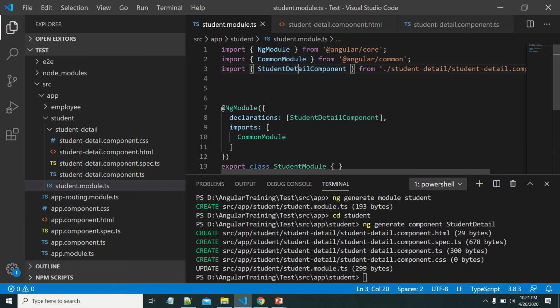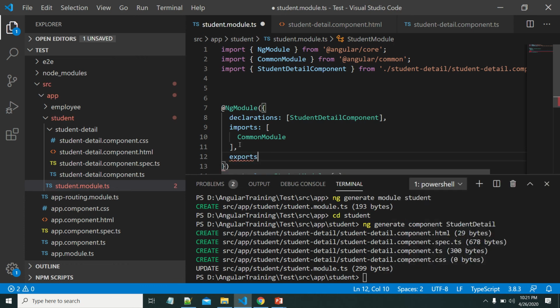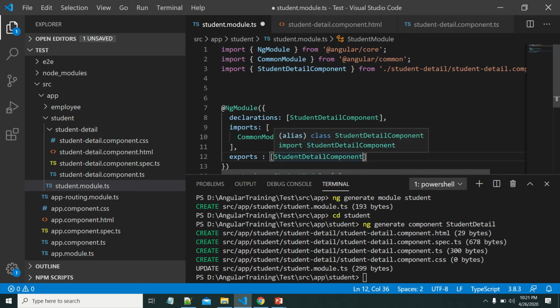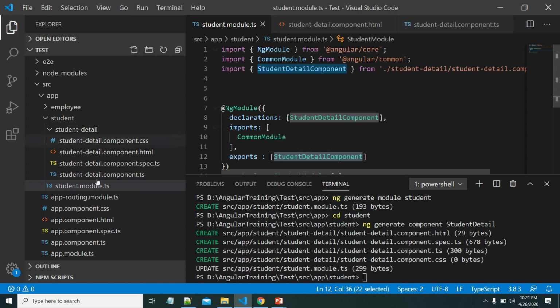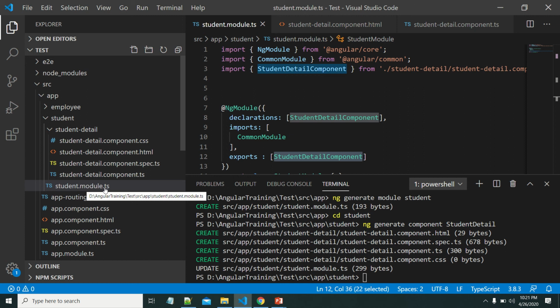The same student detail component should be specified in the exports array of the module. Okay, I have added it in the exports array. So this student detail component can be used in other modules if the student module is imported by that module.